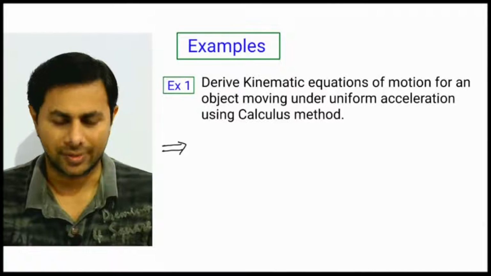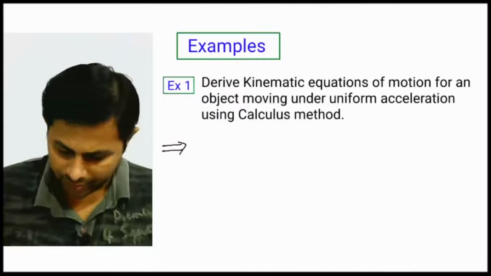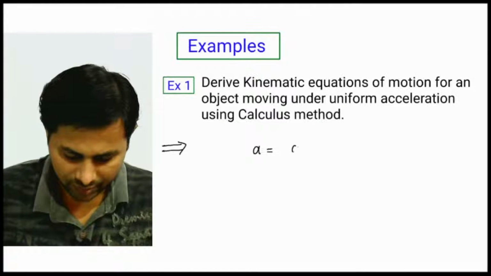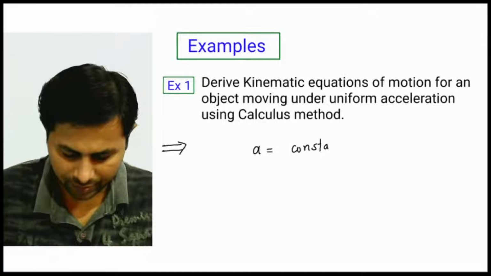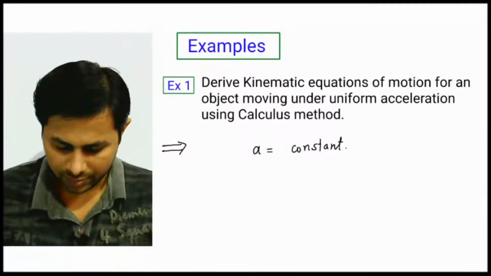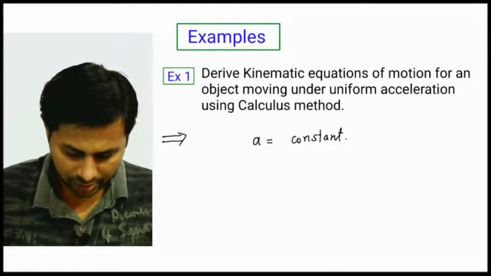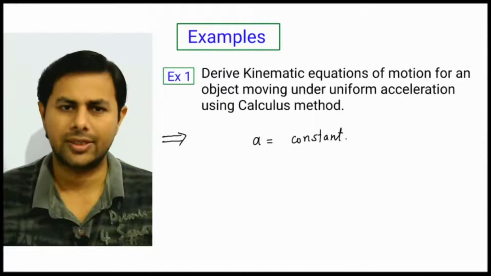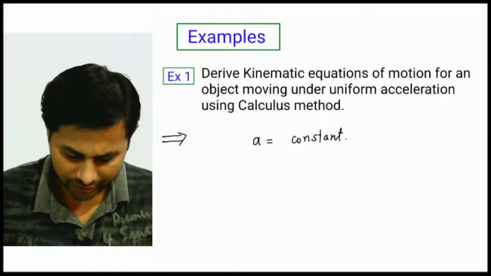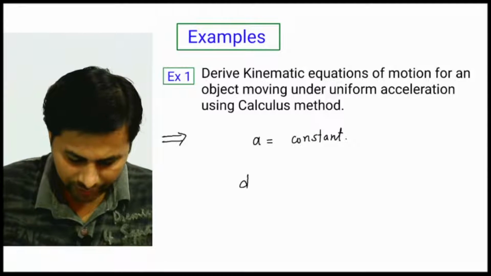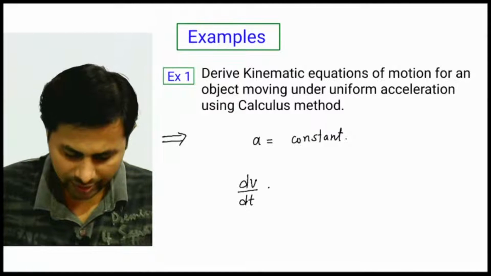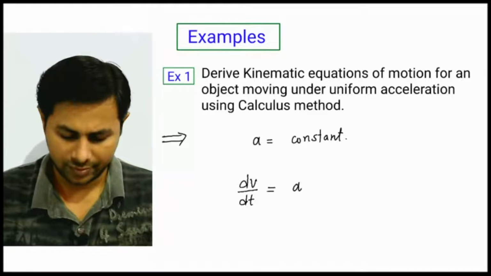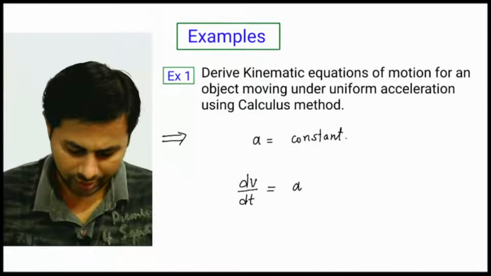under uniform acceleration. So we are given that acceleration is constant, so we can say that dv by dt is constant and let's suppose it is equal to a. Okay, so dv by dt is rate of change of velocity with respect to time, the acceleration, and it is uniform. Okay,